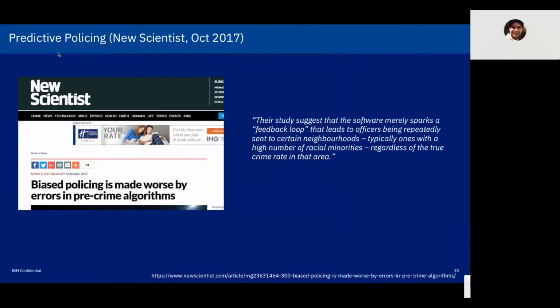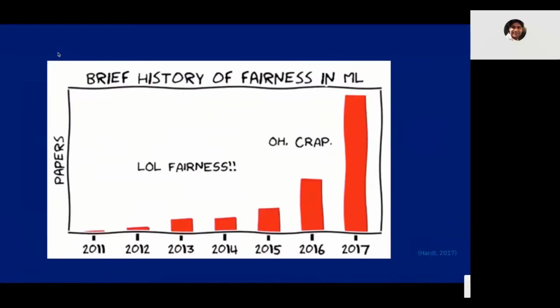So as you can see, this software is being used to determine where you get admission for your kids, where you get job offers from, whether you get a subsequent criminal sentence. So the responsibility is huge, but the results they're giving can be so biased that it's hard to trust them. Now, if we look at the brief history of fairness in AI and ML,